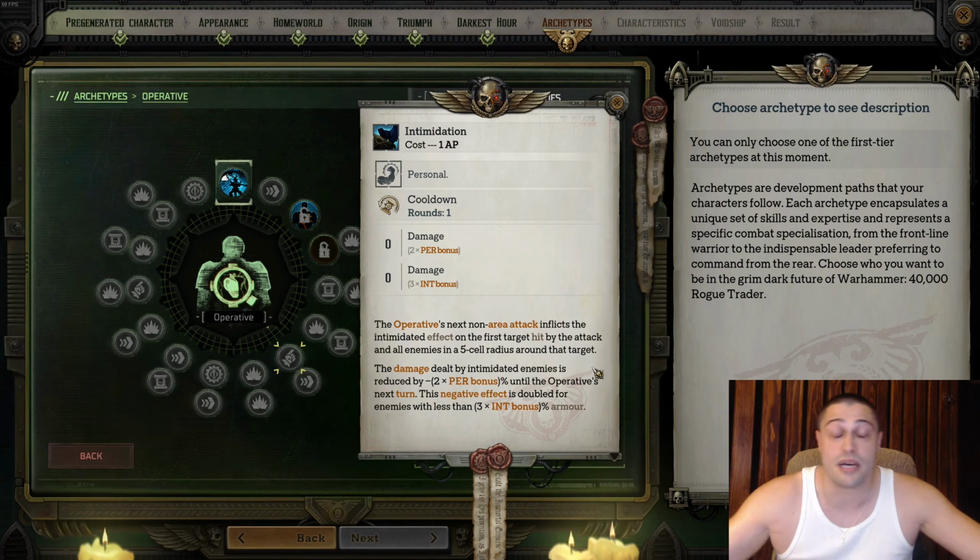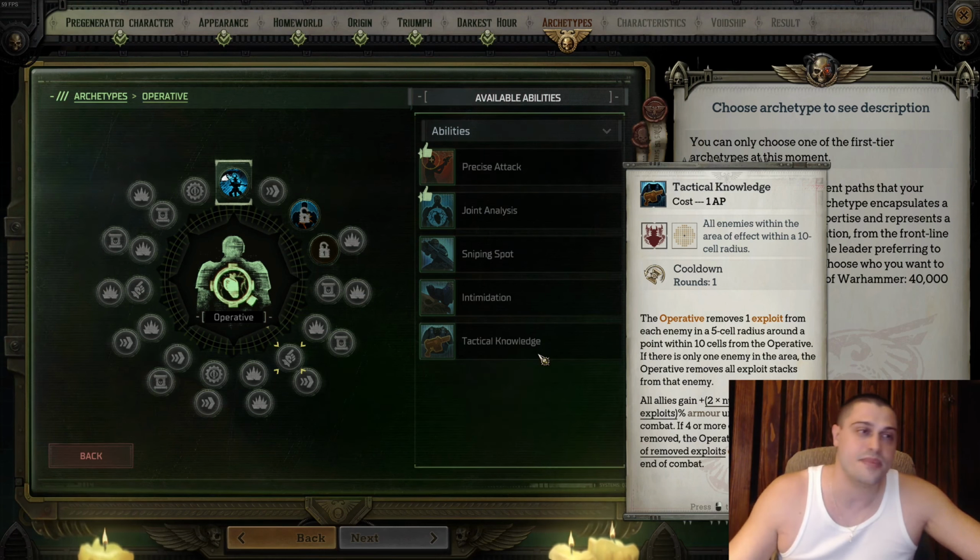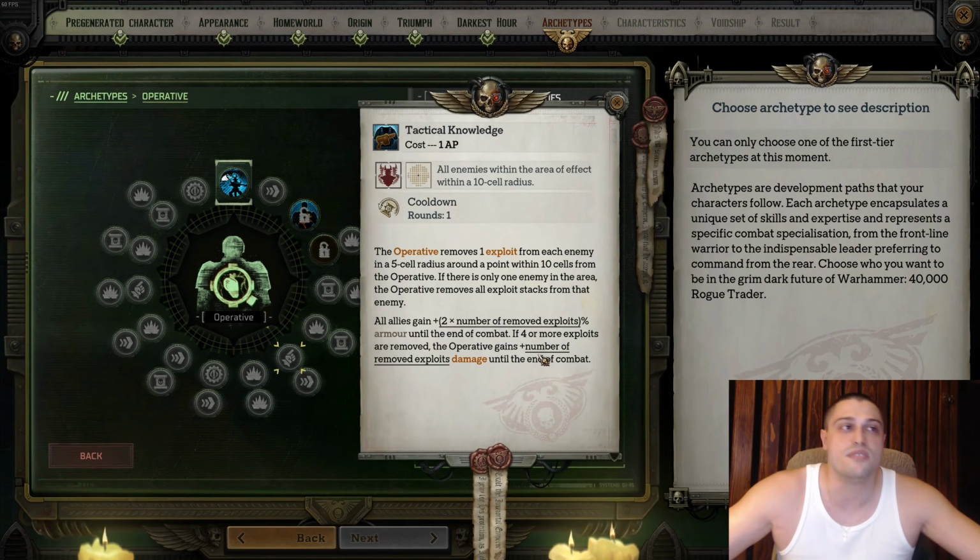I'm gonna talk about it a bit later, but it's a good talent, good active ability. The next one and the last one would be a tactical knowledge. Tactical knowledge: the operative removes 1 exploit from each enemy in a 5-cell radius around a point within 10 cells